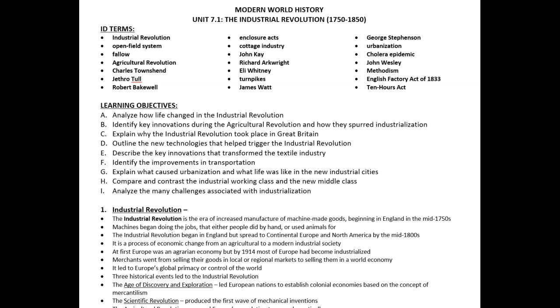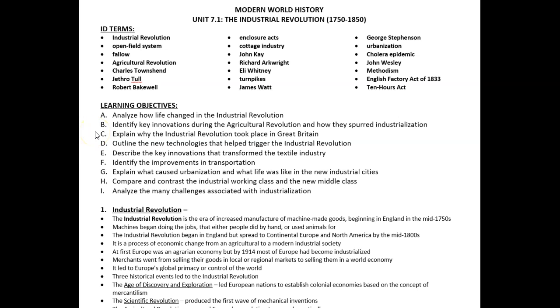Today I'm going to be reading Unit 7.1, The Industrial Revolution. Quickly go through the learning objectives. Analyze how life changed in the Industrial Revolution. Identify key innovations during the Agricultural Revolution and how they spurred